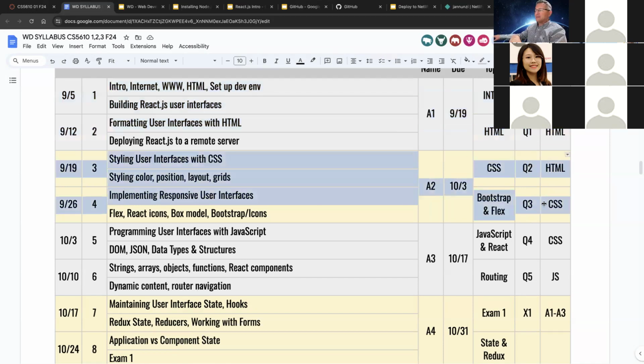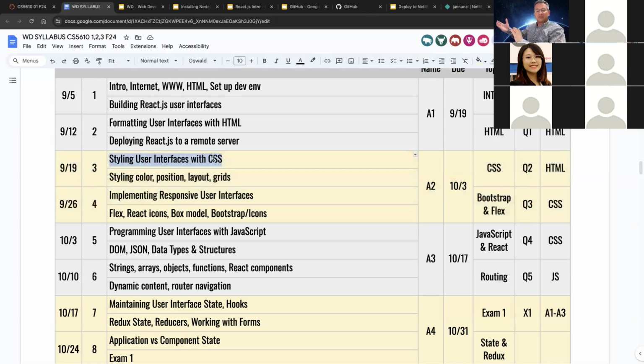Then 2 weeks after that, we're going to revisit what we've been building throughout the semester, and we're going to start making it look more pretty. We're going to introduce cascading style sheets. It's another language that is specifically used for formatting the look and feel of the application. This is where we can choose different fonts, foreground colors, background colors. We can format things to be left, right, justified, where we can use also responsive design,